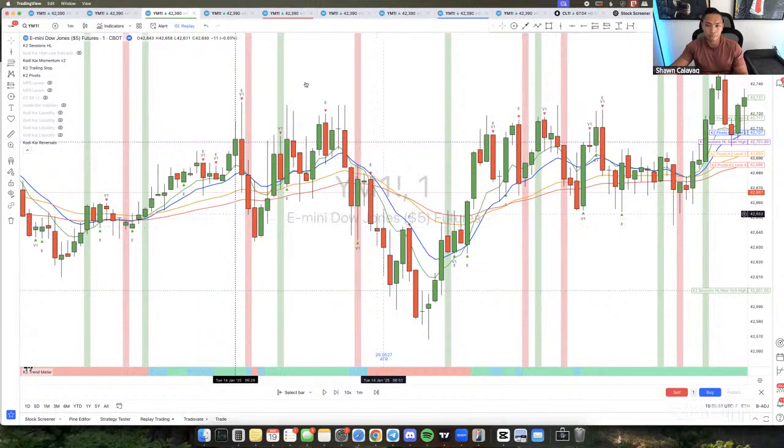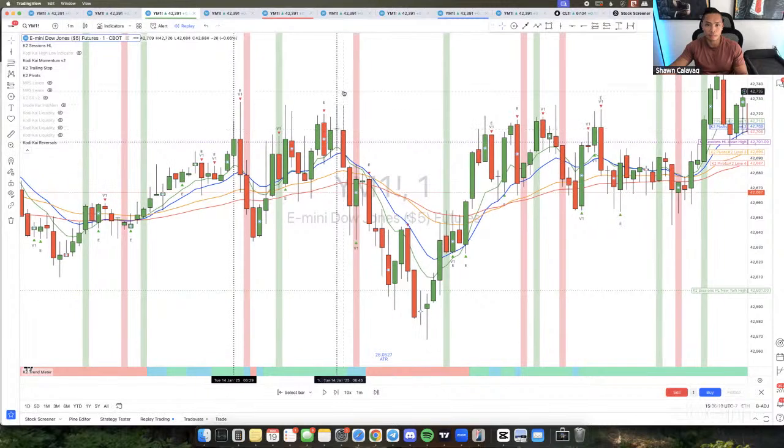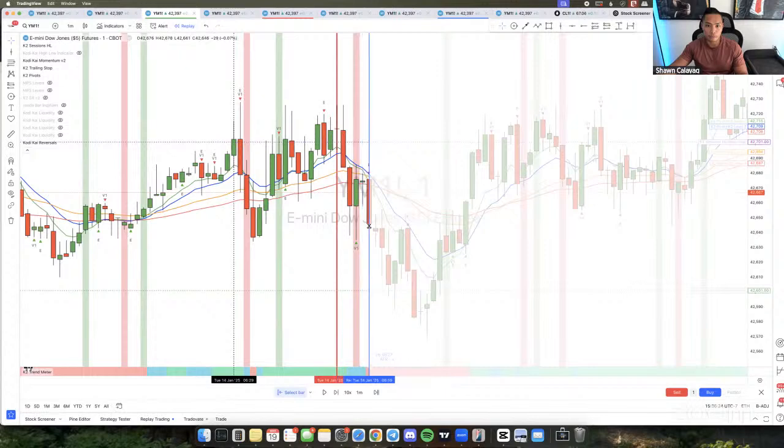So let me go over here real quick. Price came up. I was trying to look for, okay, so this is actually an A++ setup. Actually, the A++ is going to be down here, but it would have been avoided because of the red flag. I'll show you guys right now. So we had the sellers in control right here, right? I'm going to replay to this specific bar.